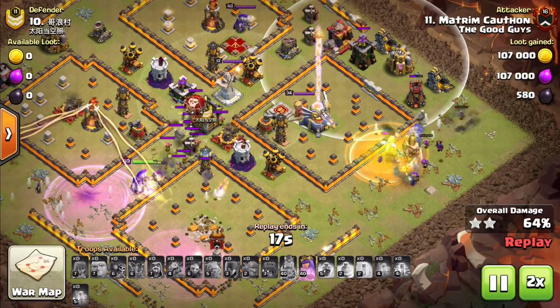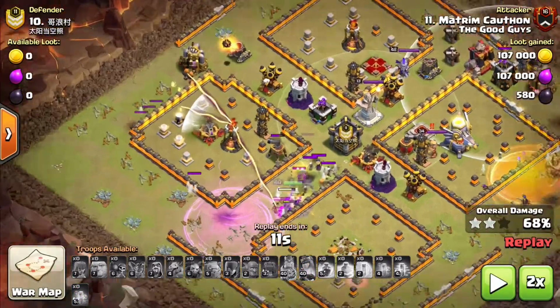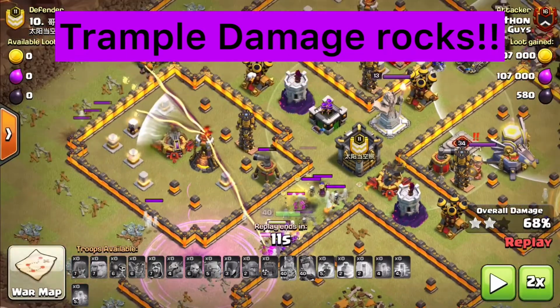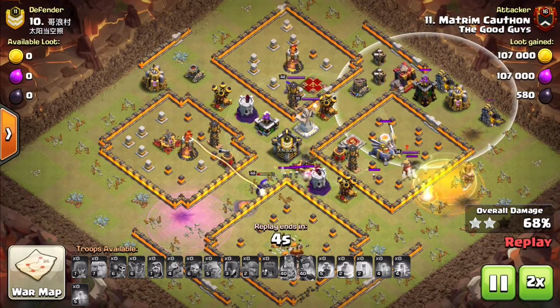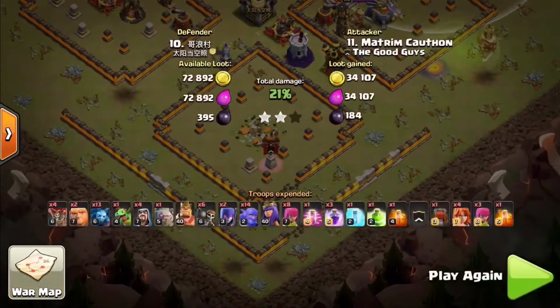Baby dragon in there trying to wreck some troops. Everybody's still running around the outside. Over here we got some witch action going on in the middle. It's a little witch fight going on over there. A couple Valkyries running around the outside. But the thing that all these attacks have in common is that it's a matter of parsing out small pieces of the base at a time, figuring out where you can get the damage in, and then properly...